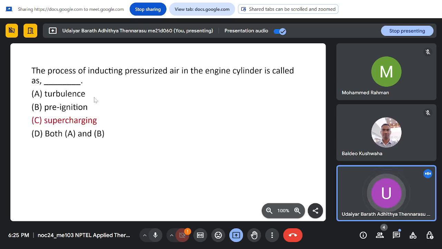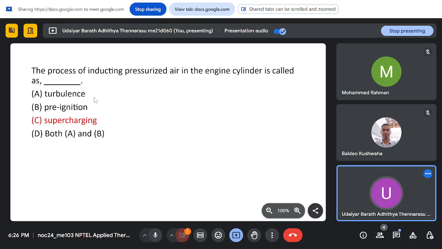So the answer is supercharging. So what exactly happens is there's a component called a supercharger, or a turbocharger in some. So what exactly happens is you put a small compressor kind of thing. In some cases, in a turbocharger, the exhaust which is there, you use it to drive